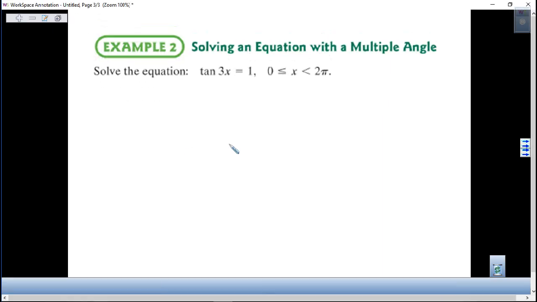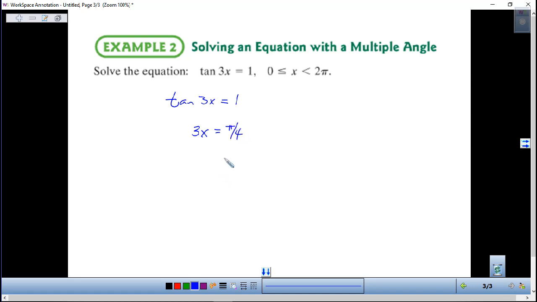Alright, so let's solve this equation. Tangent of 3x equals 1. Alright, first thing, you're going to have to take the inverse tangent of both sides, or think about what value of tangent gives me. So, what angle is going to give you a tangent value of 1? So, 3x is going to have to equal